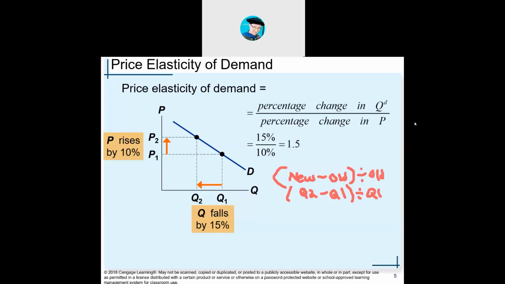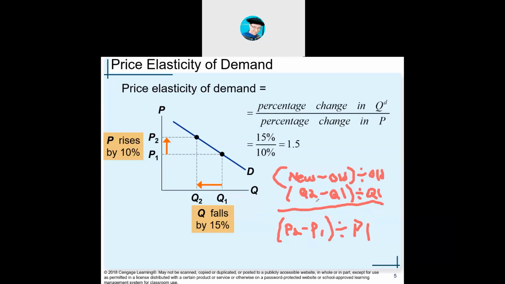Appreciate you. Okay. And it's the same exact concept with a percent change in price. So percent change in price would be P2 minus P1 divided by P1. It's a little bit better, right? And then you just make sure of the parentheses. So that's how you find percent change in price.